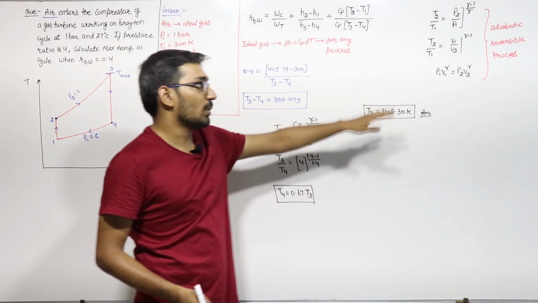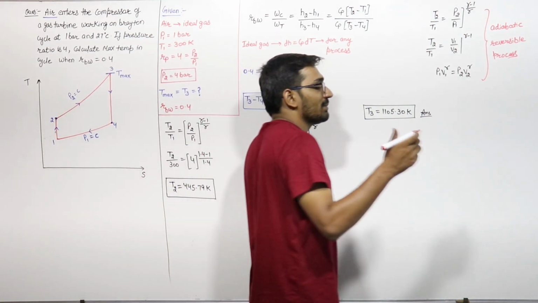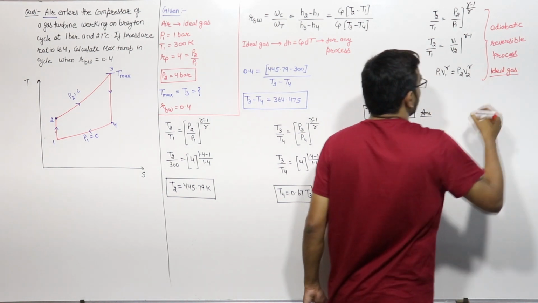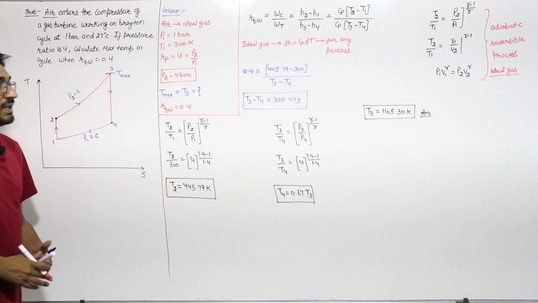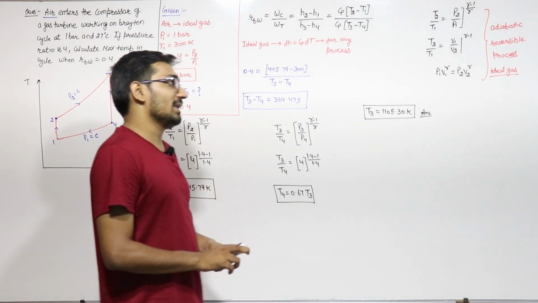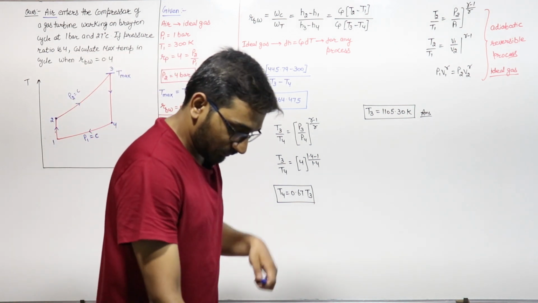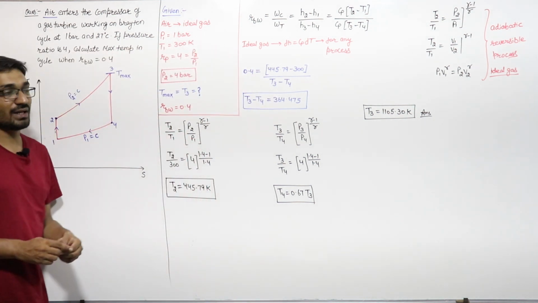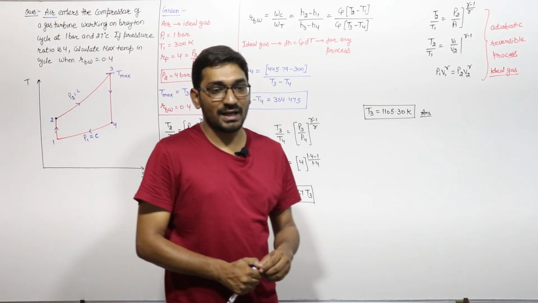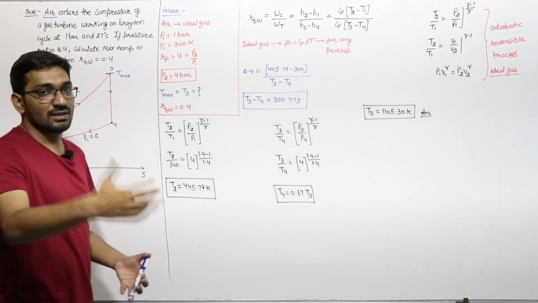These equations are only valid for an adiabatic reversible process, and one more assumption is there, for an ideal gas. If you remember your concept of thermodynamics, we derive these equations for an adiabatic reversible process for an ideal gas, right? So this you have to remember, because in some of the numericals isentropic efficiencies are given. That means the actual processes are not reversible adiabatic, they are irreversible adiabatic. So you cannot use those equations to find out the temperatures, right? We will see in the further numericals.